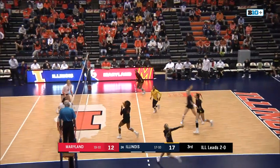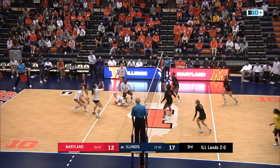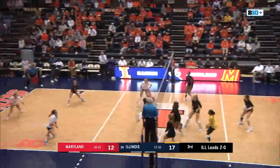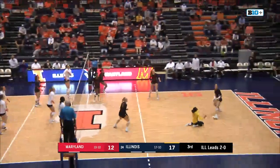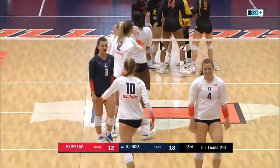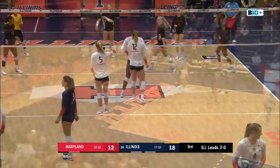Illinois, of course, got a big win on the road against Penn State and has played some of the top teams this year, very tough. Off the top of the block for Lewis. Back in the match. Through the seam for Terry. Terry put a lot of smoke on that one, but I'll point out the play by Dowler there again. She had to chase down a...